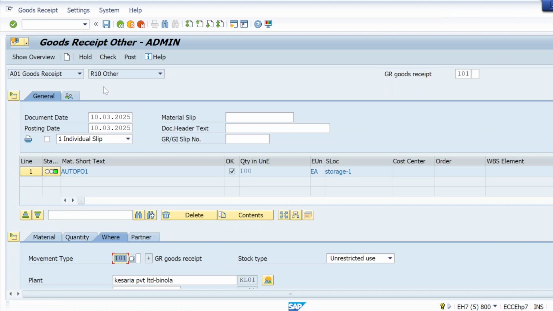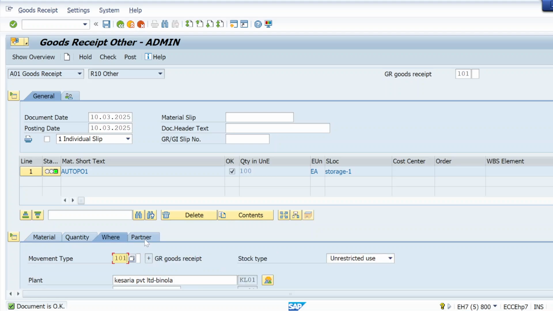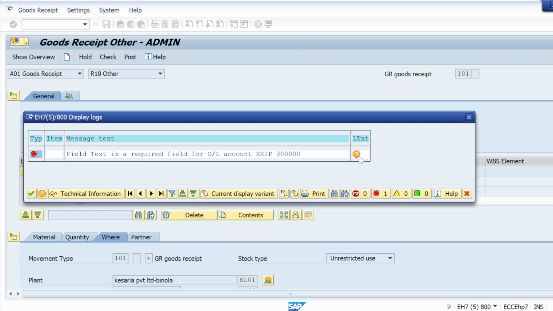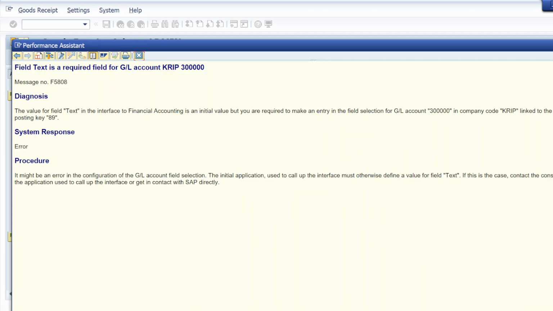Okay, let me see the diagnosis. The value for field text in the interface, like that you can resolve in real time also.